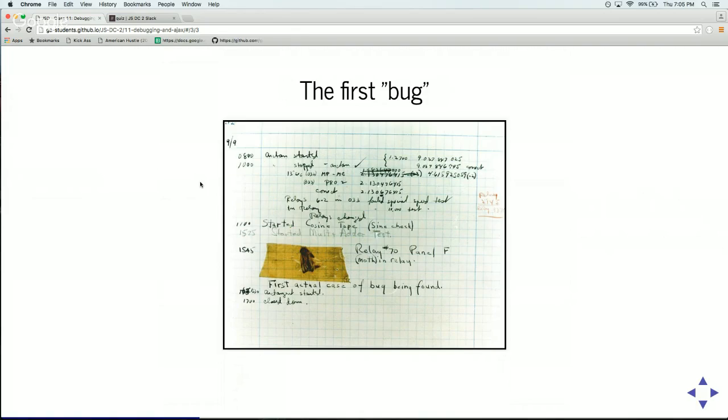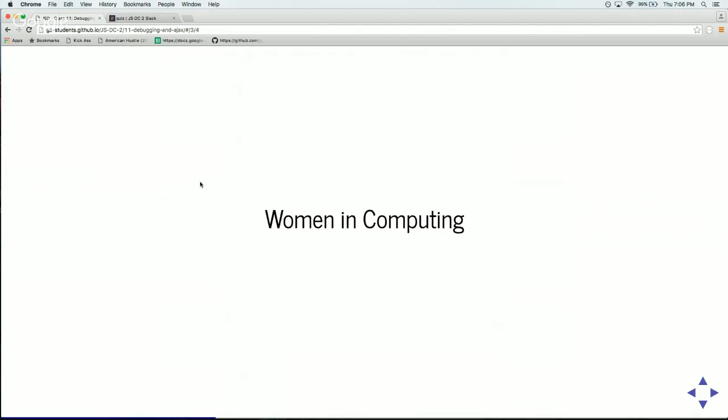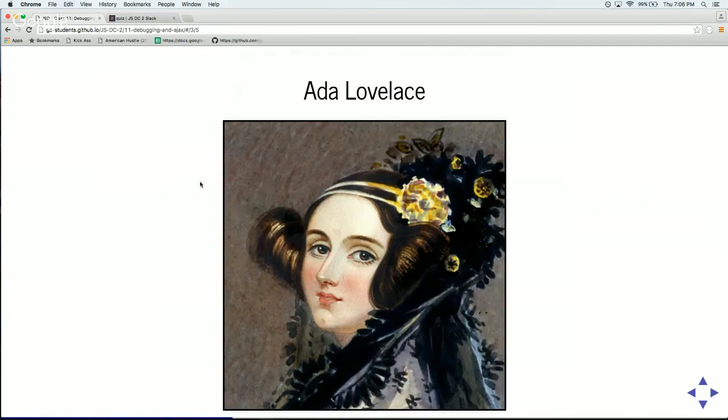Now, another thing that I like to talk about, because this is a good time for it in the course, is women in computing. I want to talk about two more inspirational figures for me that are important to computing history, often don't get as much attention as they deserve. Probably the most important person in all of computing, all of software, is Ada Lovelace. She was the daughter of Lord Byron, the poet. So she was a very good writer. She wrote prolifically about computers and computer thinking,